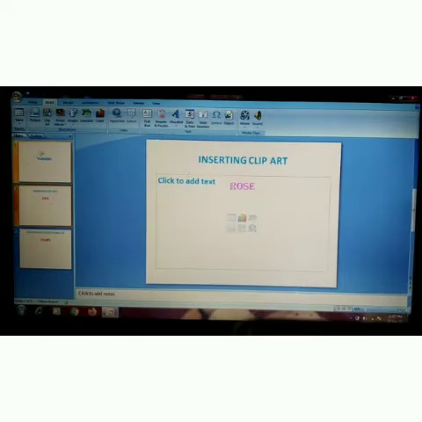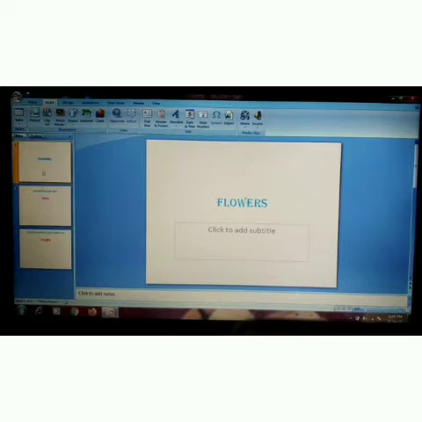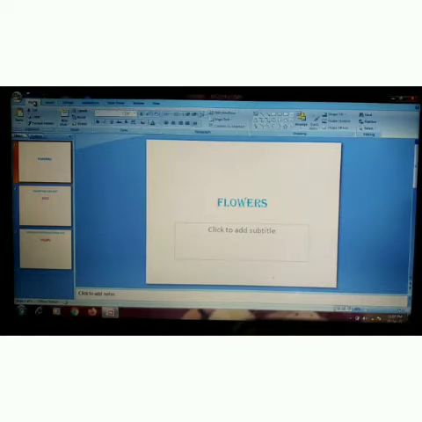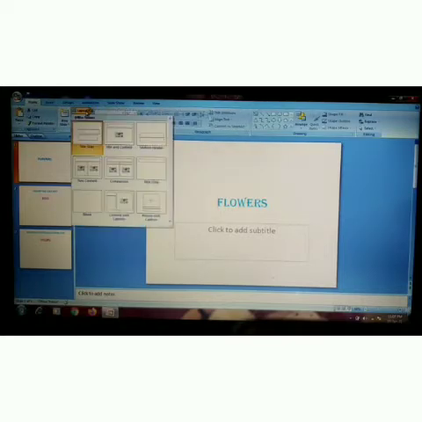Inserting clip art. So for this, here we have 3 slides. The first slide is a title slide. What type of slide is it? Title slide. How can we understand that? When we take a new slide, there will be a layout also. From this layout, you can choose title slide or title and content or any of them according to our need.